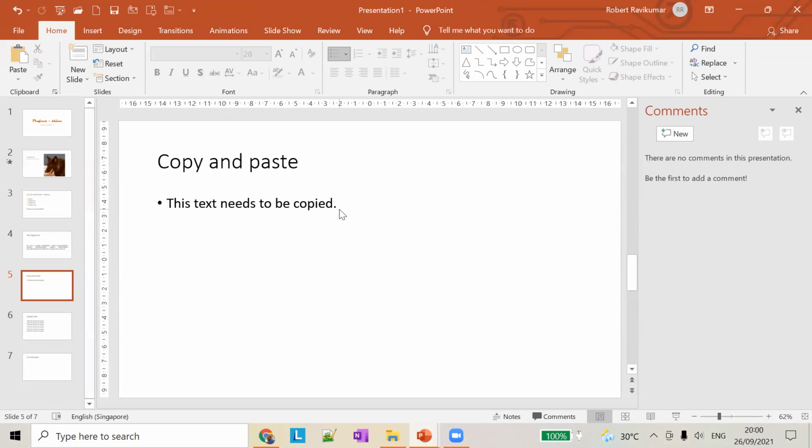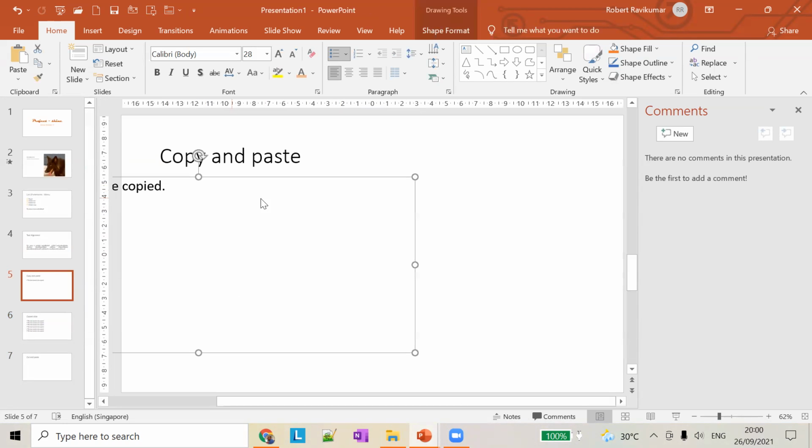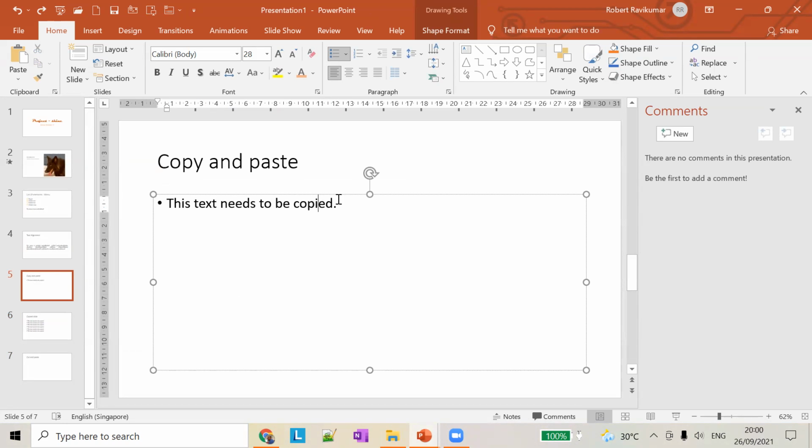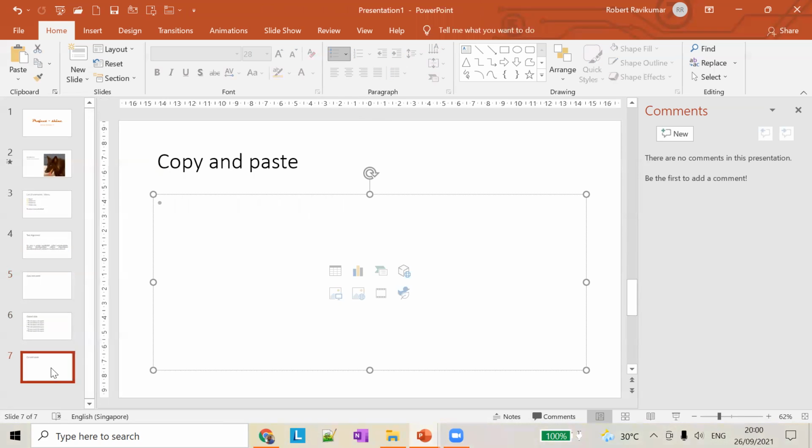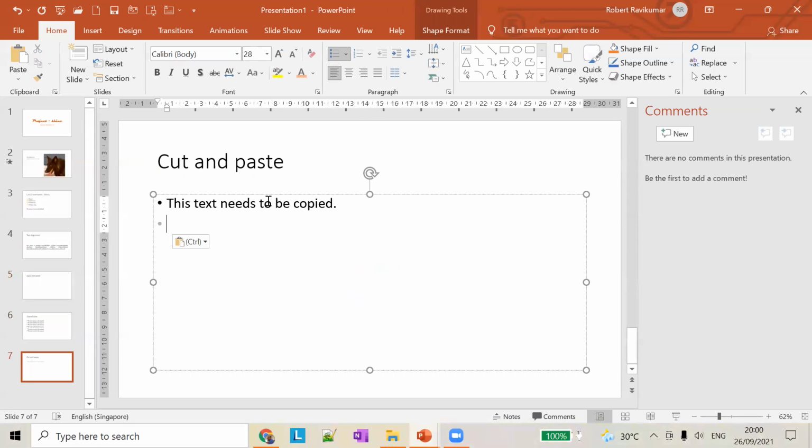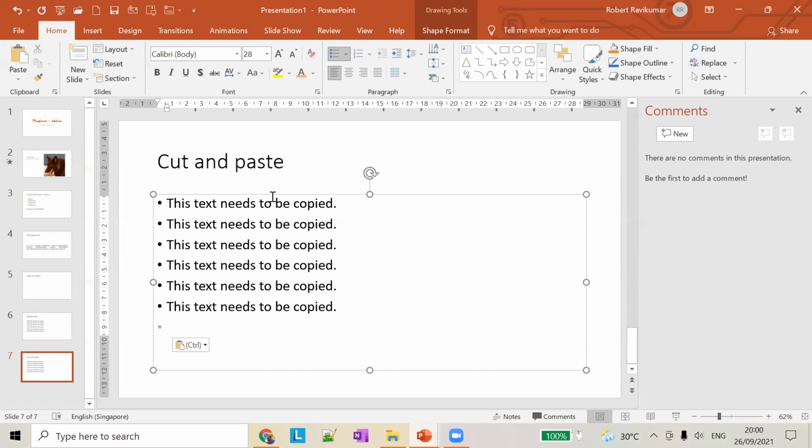Similarly, you can choose the text here and press Control X to cut. Control X will delete the text here, and you can paste it here. So this is how you cut and paste.